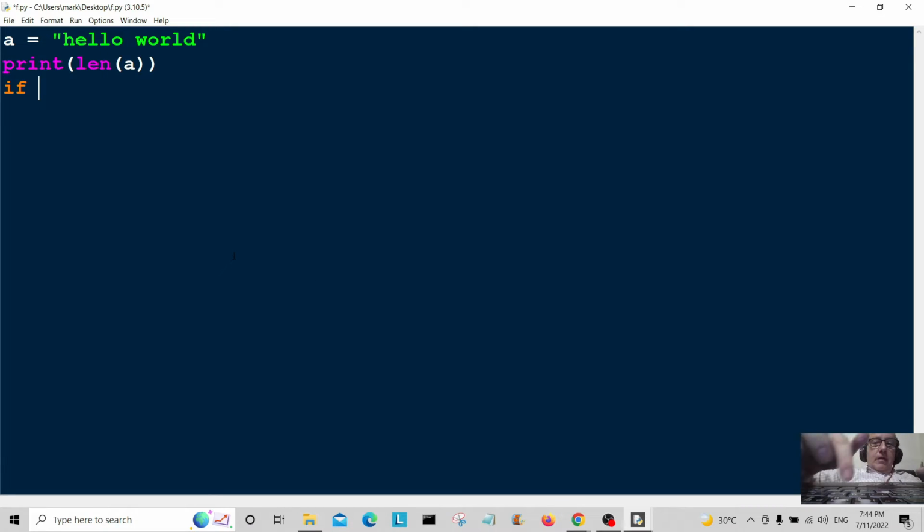If length of A, which is the string up there, hello world, if the length of A is greater than 6, we're going to say for X in A, print X. So if it's greater than 6,